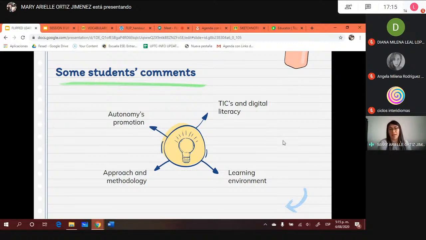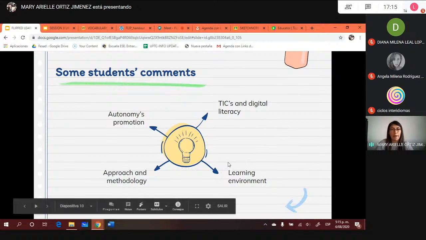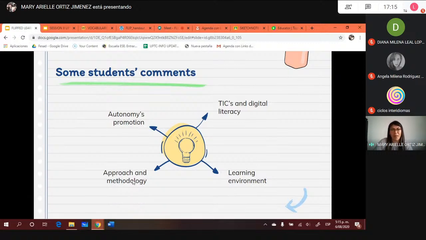No, they say that it's an approach that allows autonomy and that they can work in their time slowly. They can go back and review the topic, and they have been very keen to do more things. And they say that it is a new approach and new methodology for them. Maybe they were used to working in the traditional classroom and they found it